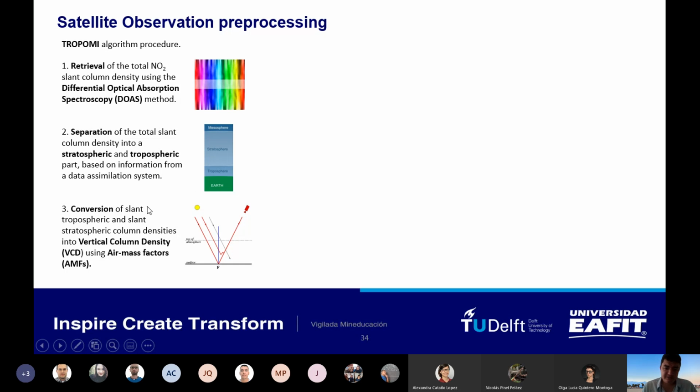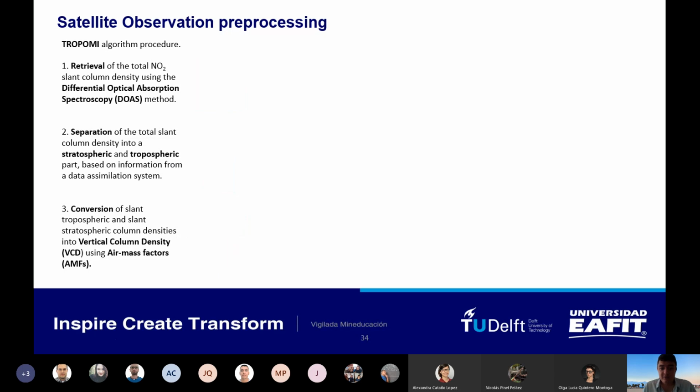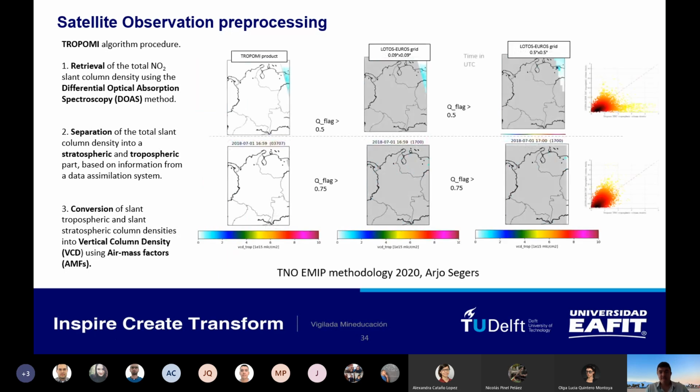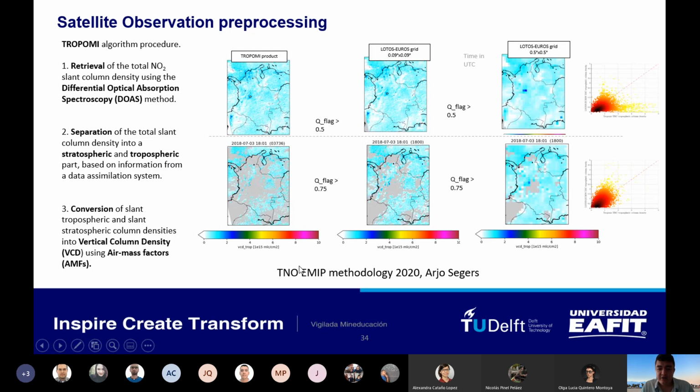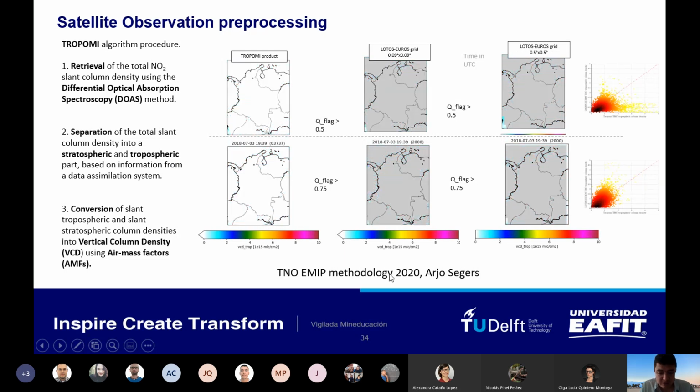Each one of the steps aggregates error. So this error of the observation is the one also that we have to take into account. Once we make the first step, downloading the data that has this procedure, we are now using a methodology from